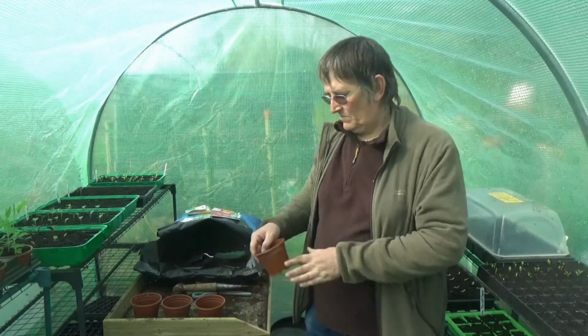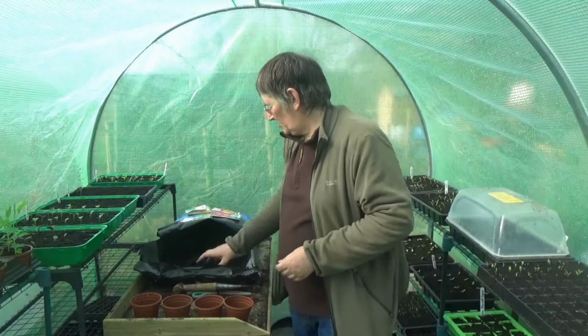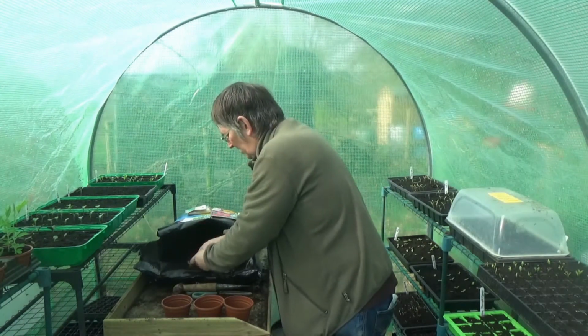But of course this year, now I've got the hens, I have to think about what to grow, what I can give to them. So I thought, right, I'm going to grow some lettuce so my mum and dad can have the odd one if they want one. If they don't, doesn't matter, I can feed the hens some. So I've got some little 3.5, 4-inch pots, and I'm just going to put some soil in those, some multi-compost,